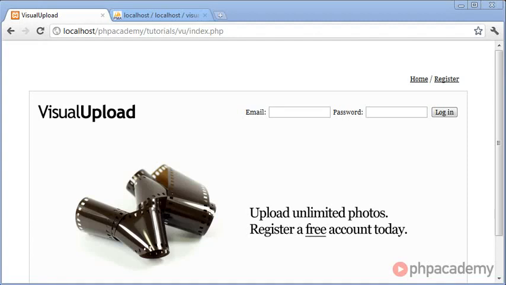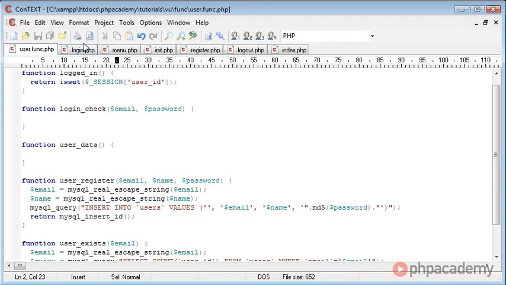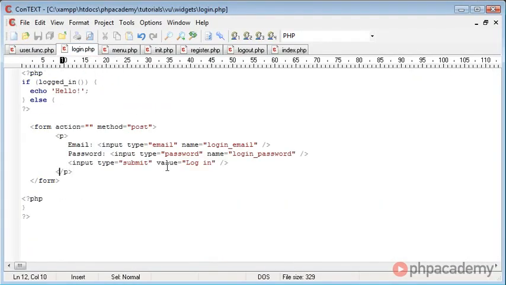Okay, so in the last part of the tutorial we looked at allowing the user to register. However, now we have to actually allow the user to log in. So let's go ahead and open up login.php in our text editor, and we need to add some more code here that's going to actually allow the